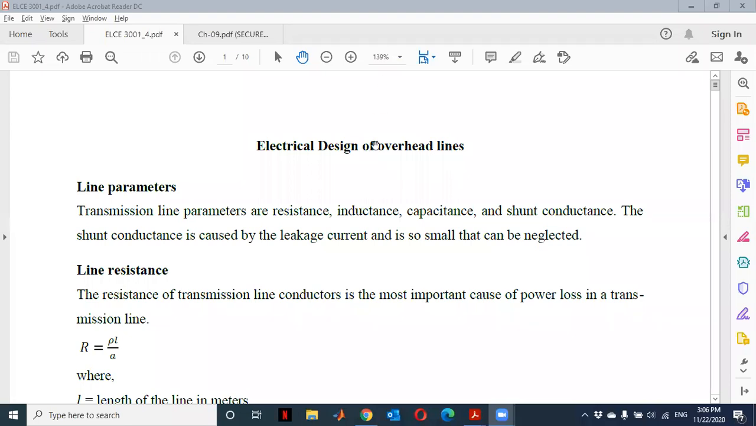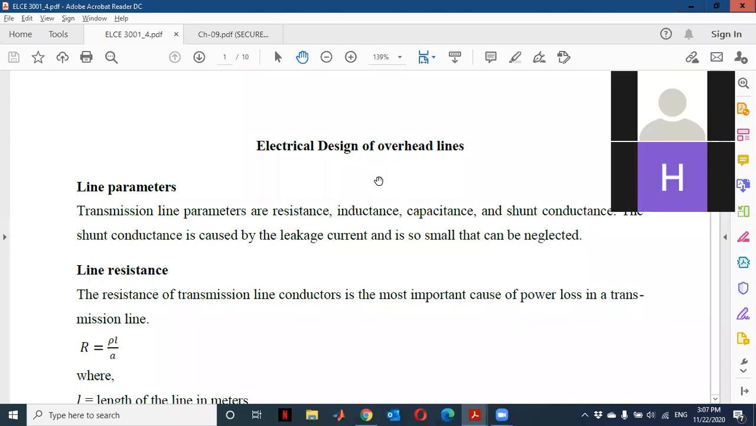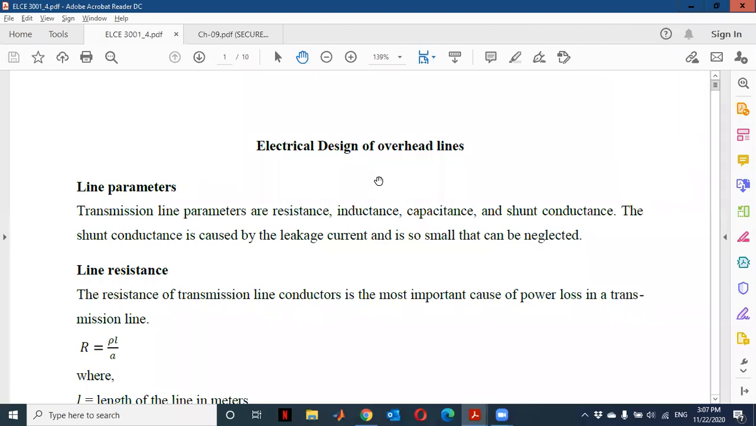Okay, so today's lecture we will study the electrical design of overhead lines. Generally, electrical parameters of overhead lines, we have three parameters: resistance, inductance, and capacitance. So we have to understand how to calculate each one of them in order to be able to design